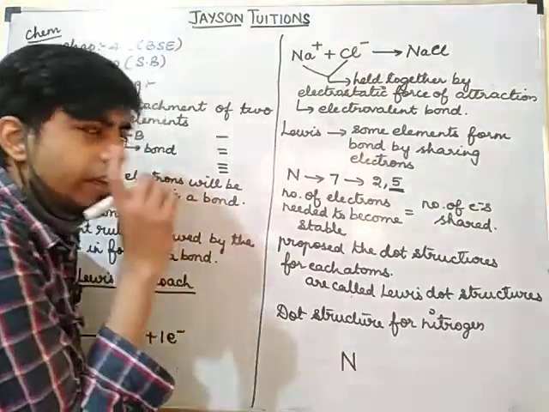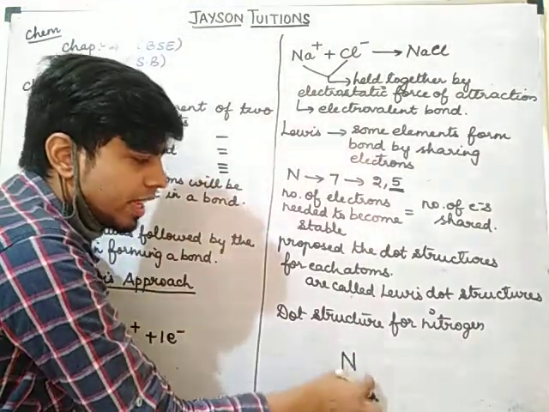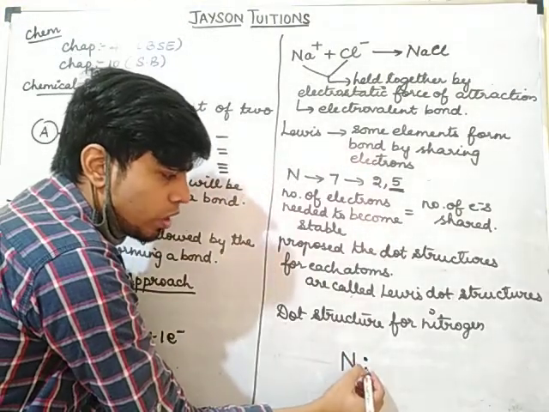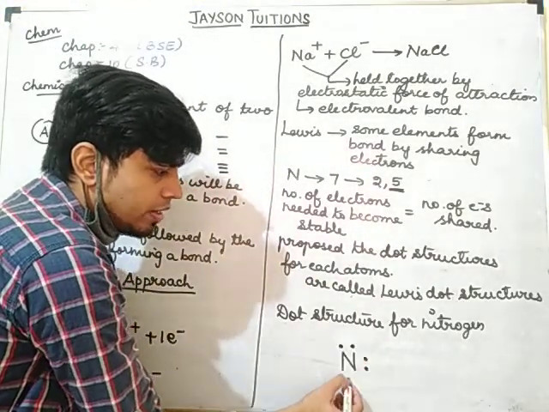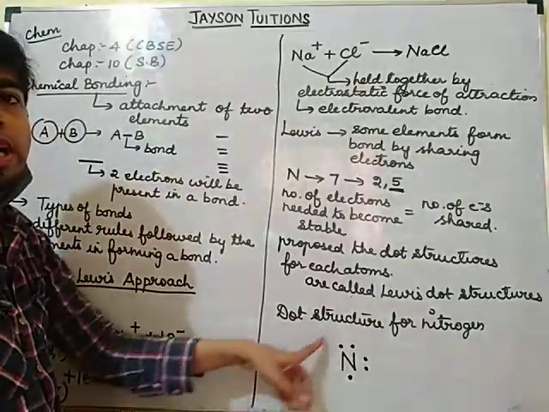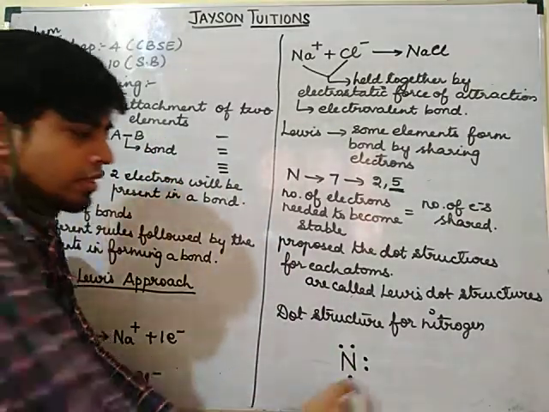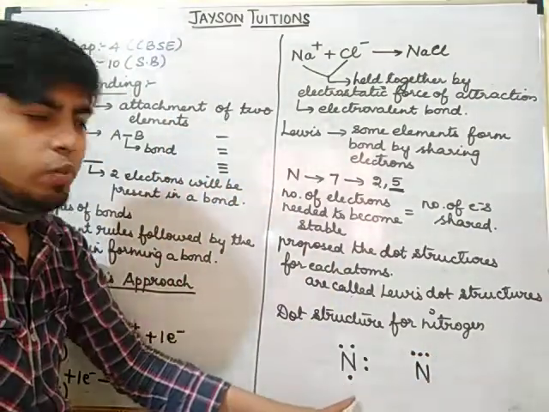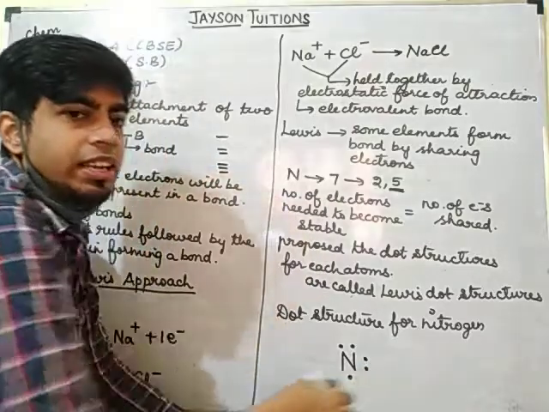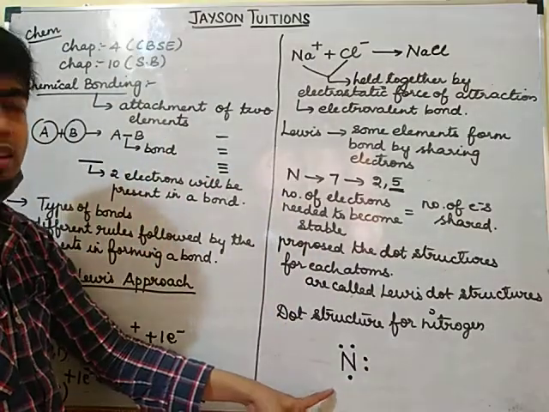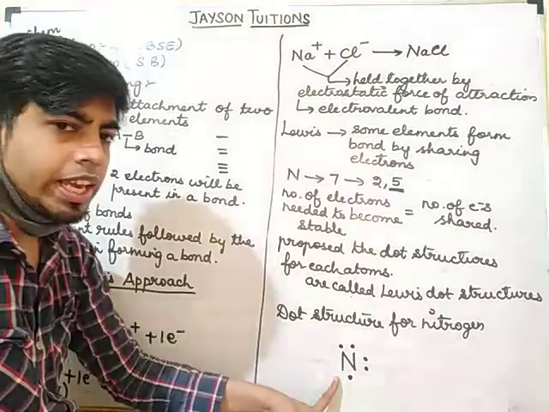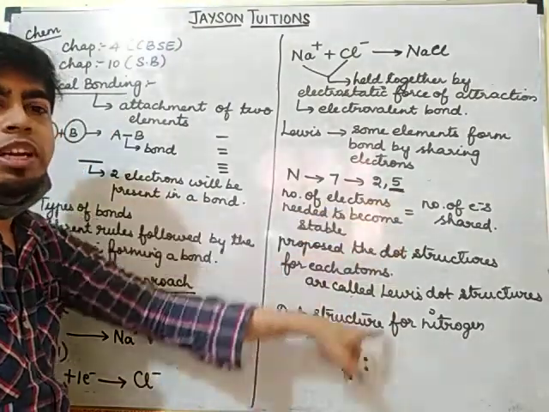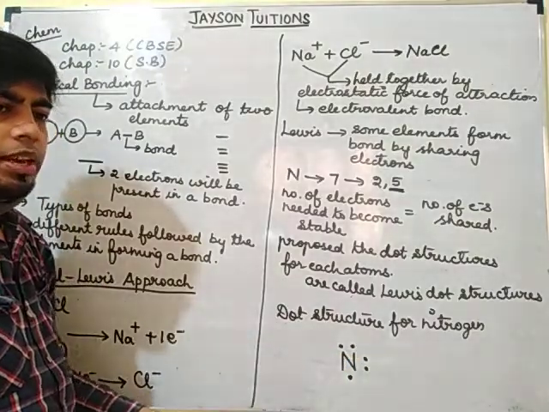Okay. So when you keep the dots, on one side you should keep only 2 dots. So this side 2 dots, this side 2 dots, and this side 1 dot. So totally 5 dots I have kept. Some of you will keep like this, 1, 2, 3 like that, and all; you should not keep that way. On one side you should keep only 2 dots. So how many dots should we keep? How many electrons are there in the last shell? That many dots you should keep.